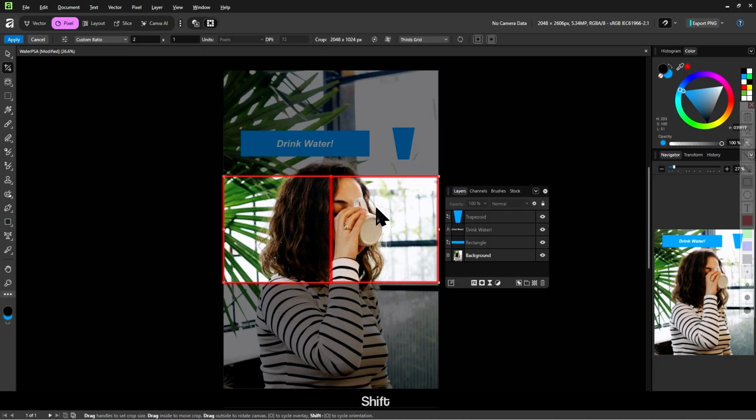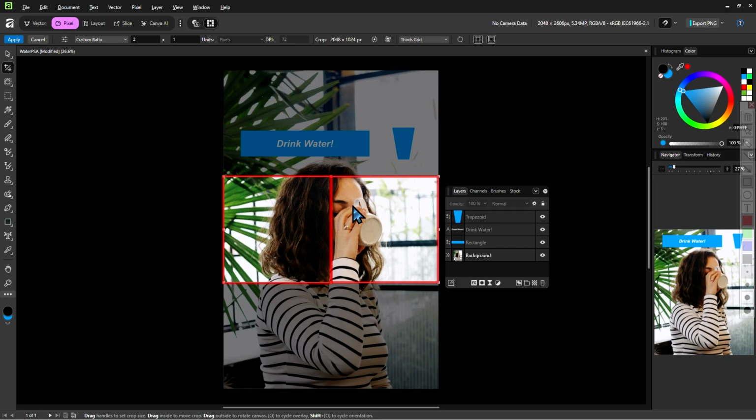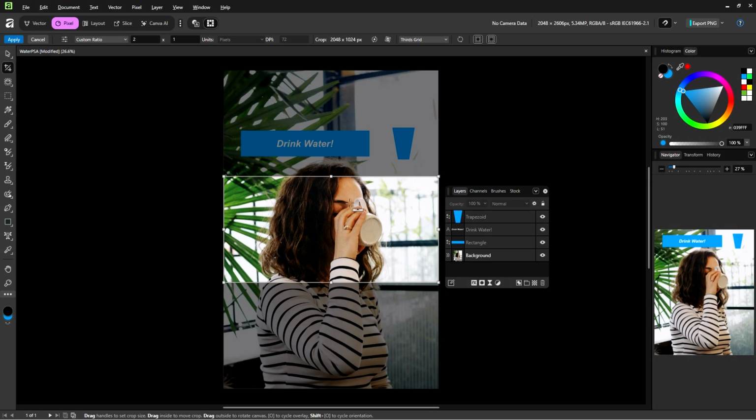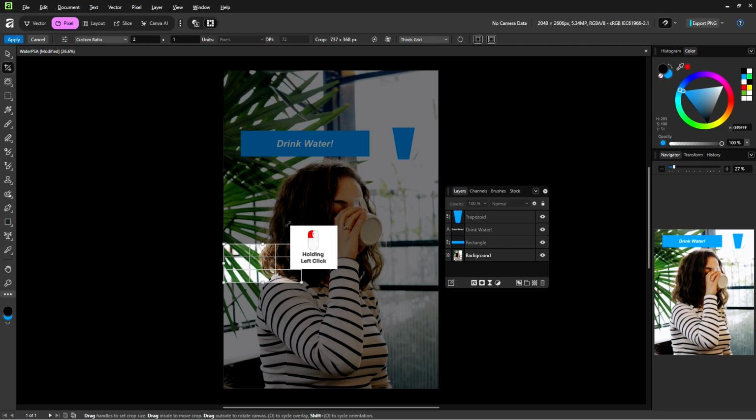So 2 equal size squares to show that it is 2 times as wide as it is tall. And while we have this aspect ratio, no matter how you drag out the squares here, it will always be locked to that aspect ratio of being 2 times as wide as it is tall.